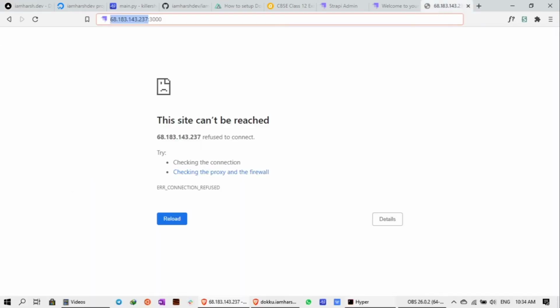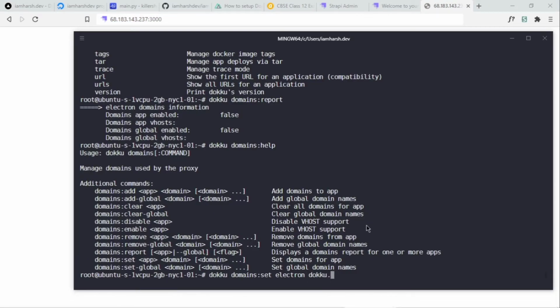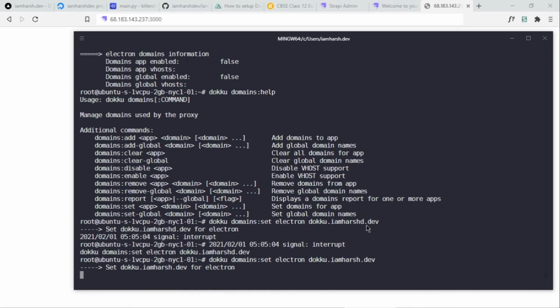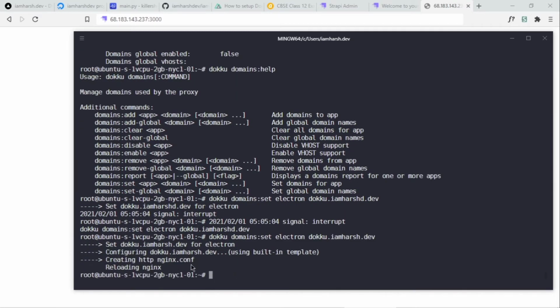So we'll type the domain to be dokku.iamharsh.dev. This will set up dokku.iamharsh.dev on this Electron application. It will reload the Nginx config and configure Nginx for your needs under the hood.